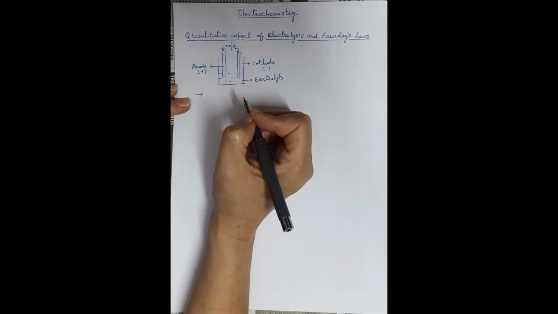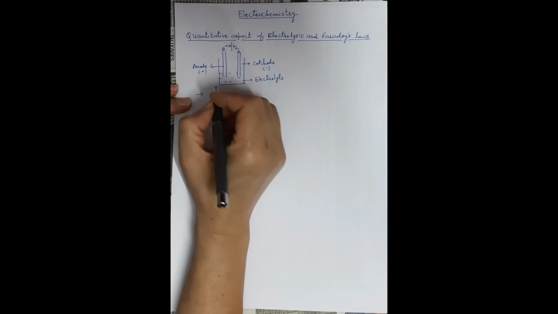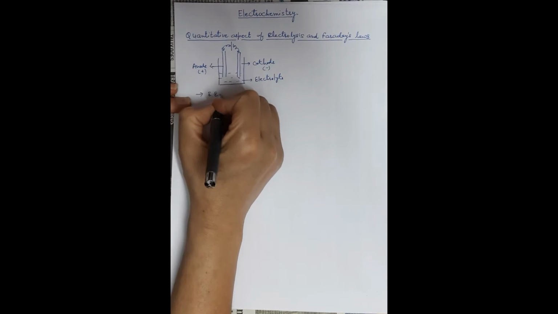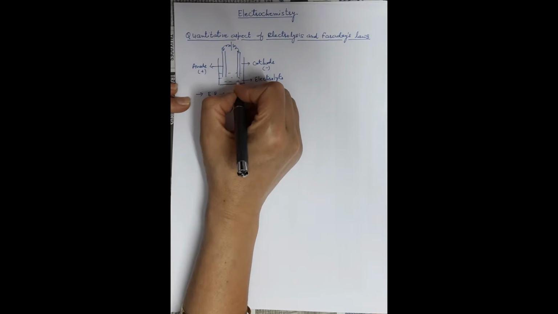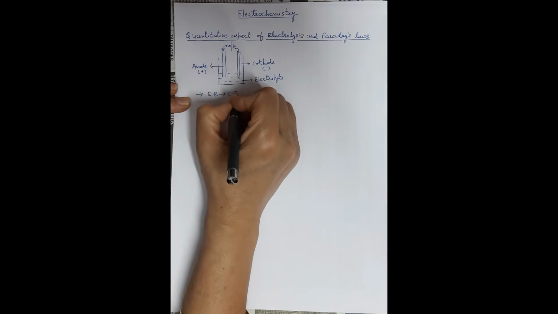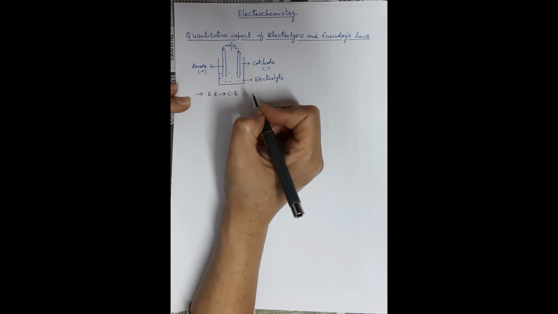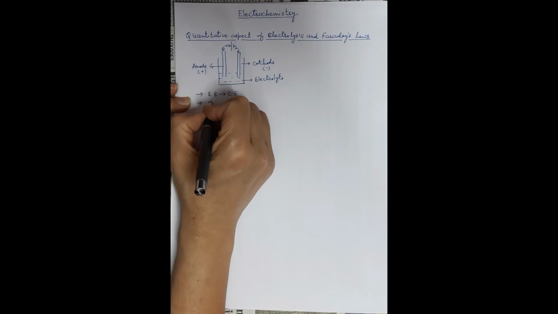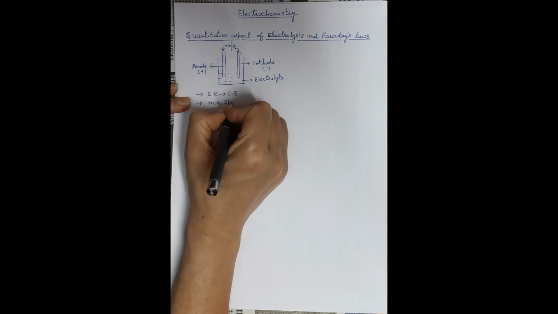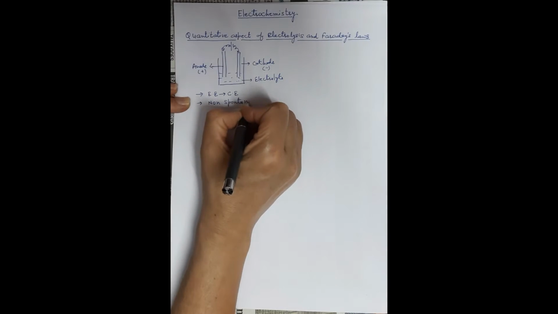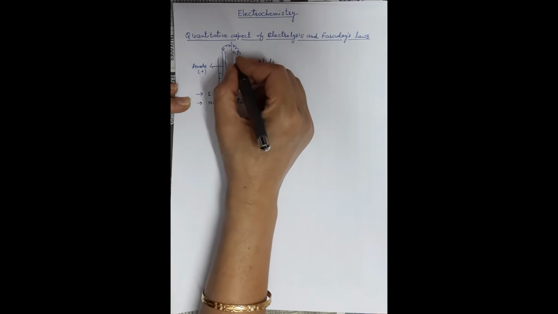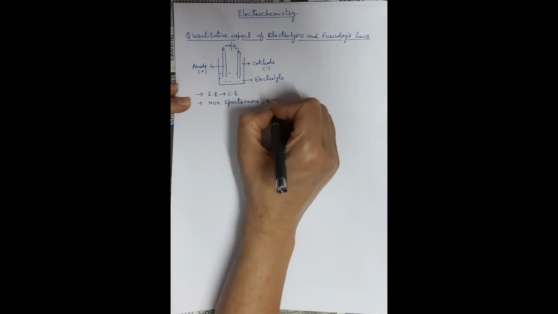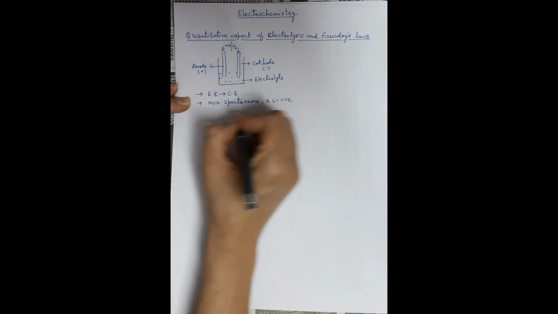There are some characteristic features of an electrolytic cell. One is that we are supplying electrical energy, and this electrical energy is responsible for the chemical reactions occurring in it. So electrical energy is converted into chemical energy. Another aspect is that this is a non-spontaneous reaction. It doesn't occur on its own; only because we are supplying electricity is the reaction occurring. So delta G for such reactions is positive.